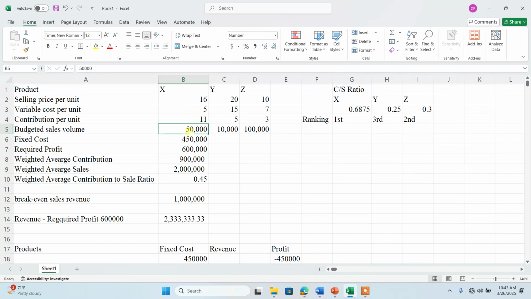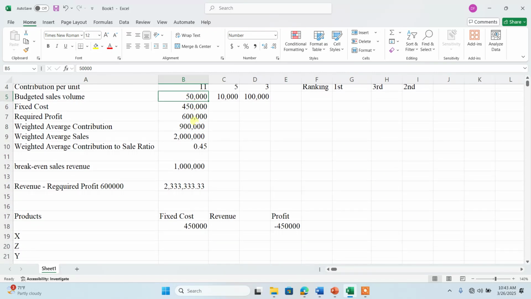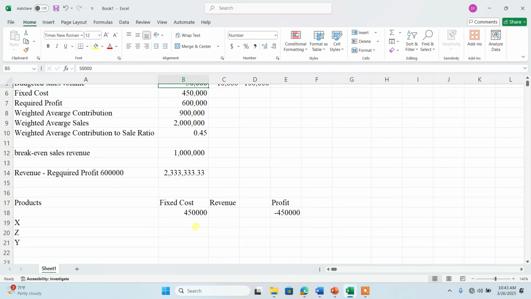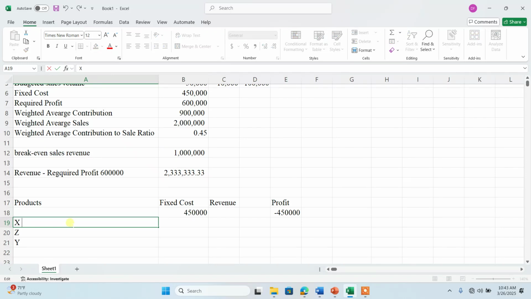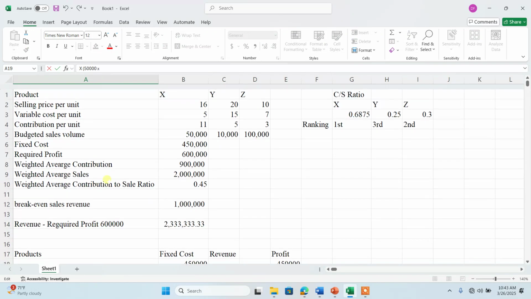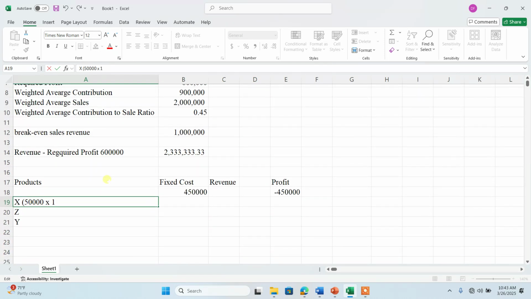So it's better to do it directly. Sale minus variable cost is equal to contribution per unit. So if I sold 50,000 units of the Y and contribution per unit is 11,